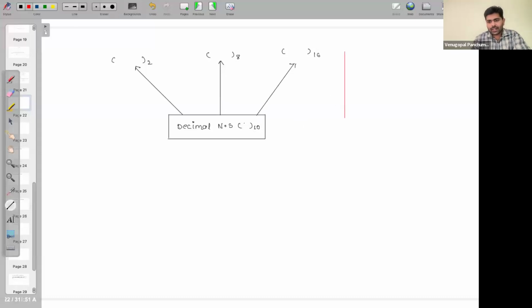So what we need to do, friends, is divide it by that base. Divide with that base, and write remainders in the reverse order. So write remainders in reverse order. Now, if you want to convert from base 2, base 8 or base 16, see the arrow mark, to decimal,